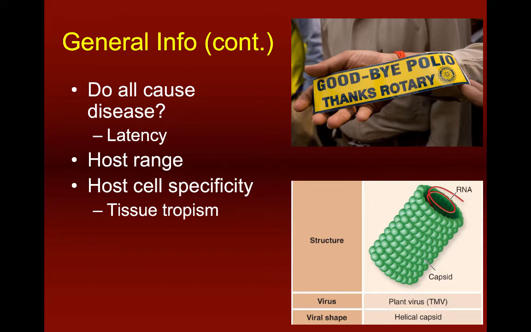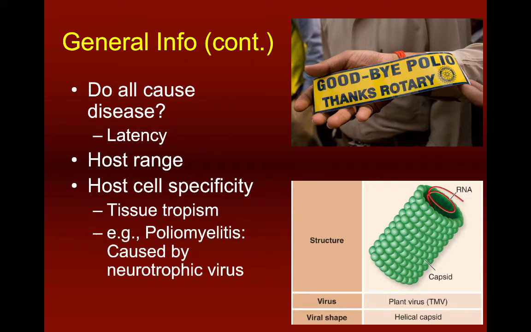So, for example, HIV only attacks certain T cells, and polio only attacks neurons in a certain way. So, even within a host species, the viruses that are there are very, very specific to certain parts of that host that they can then infect and cause damage to. Polio, like we talked about, is a neurotropic virus, and polio is actually a really good example to talk about